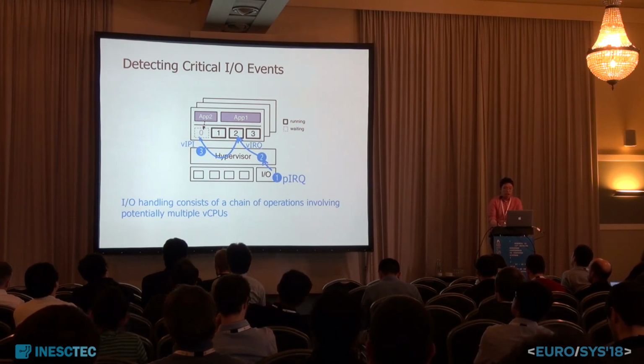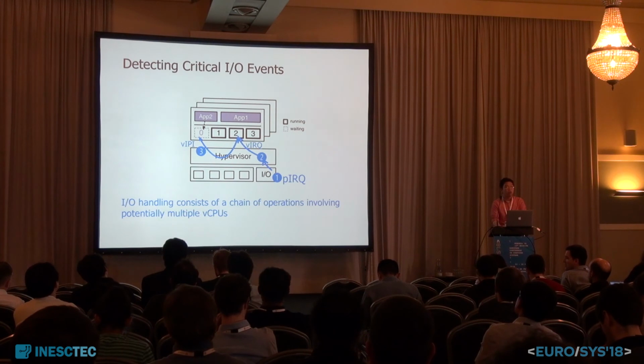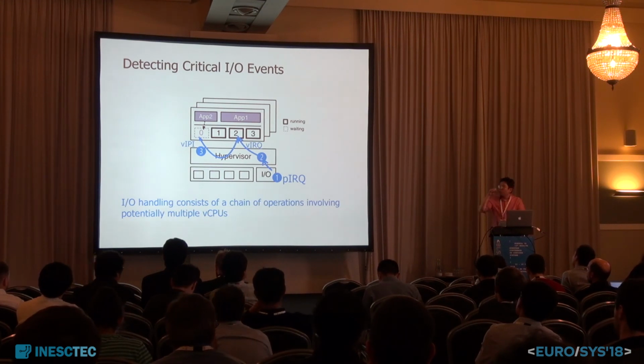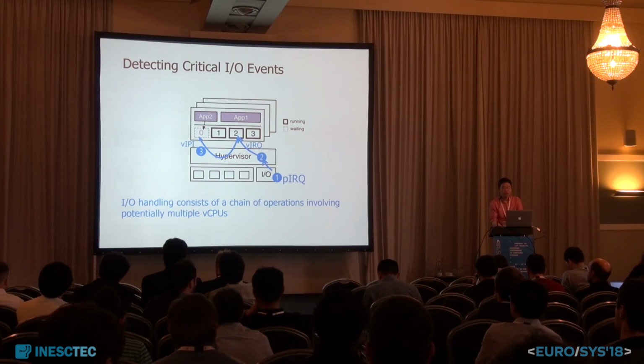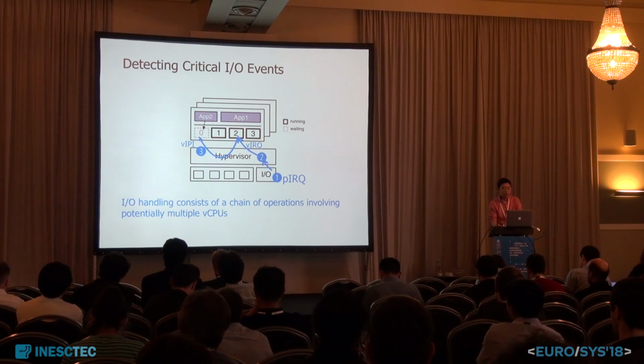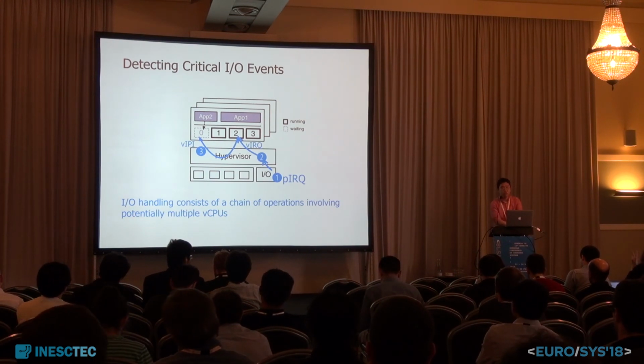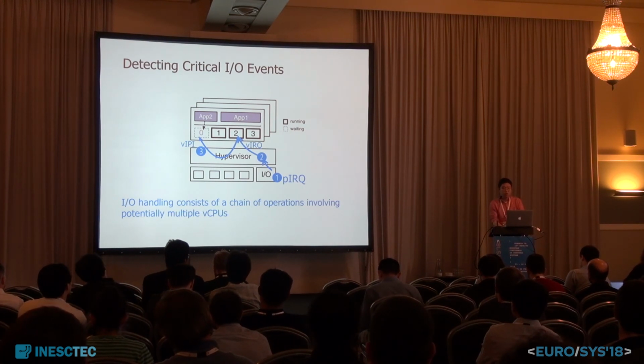In the case of virtual machines having multiple virtual CPUs, the I/O handling becomes complex. In this example, we may want to accelerate both virtual CPU 0 and 2. Although commodity hypervisors are already designed to accelerate the IRQ and IPI, they have not considered the correlation between the two signals occurring in an I/O event. In our study, once we figure out the correlation, we accelerate the virtual CPUs on the micro-sliced pool together so that those virtual CPUs do not wait for a while.